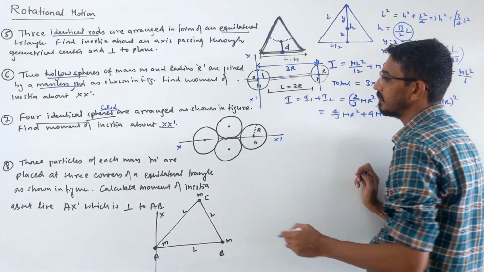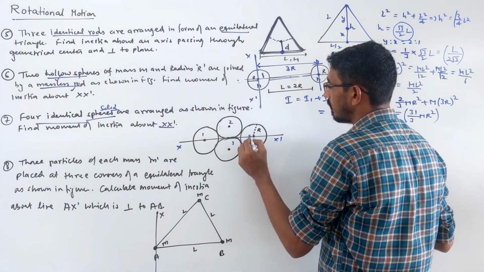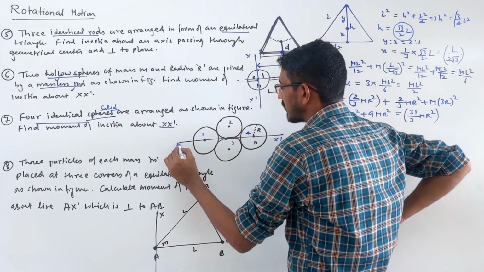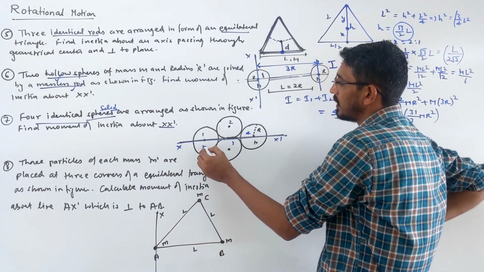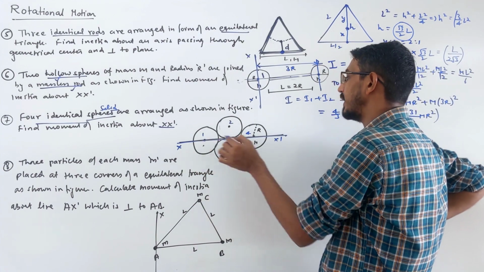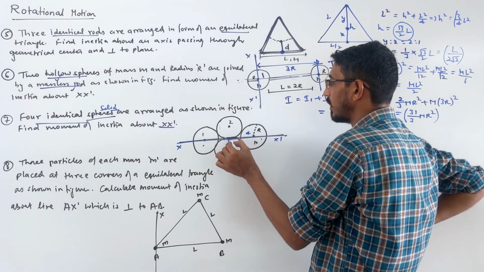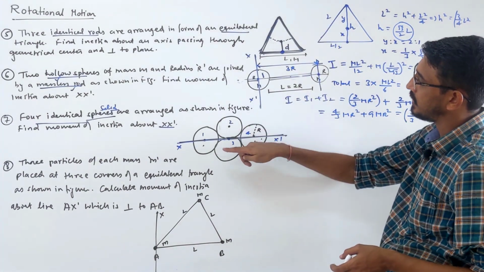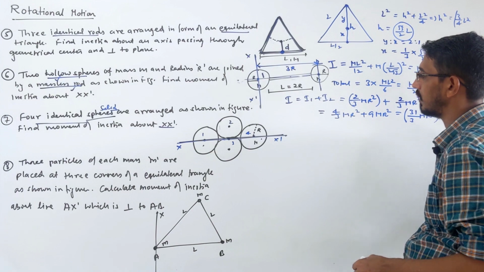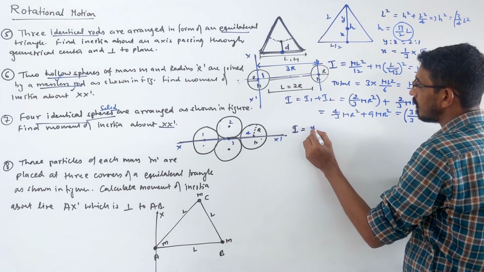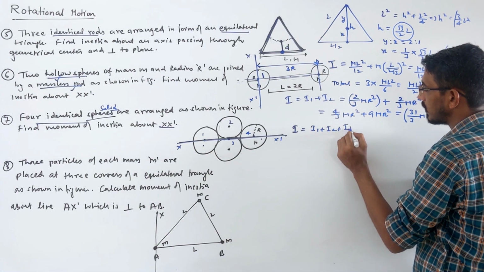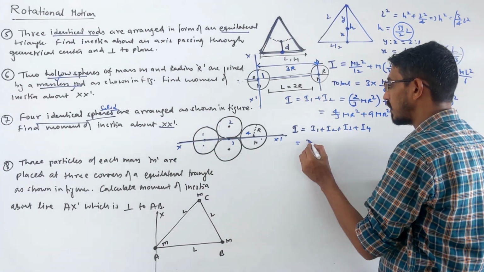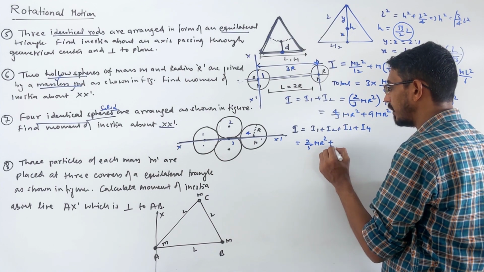4 identical spheres. So sphere number 1, sphere number 2, sphere number 3, sphere number 4. So look here, when these spheres are rotating about this axis, for this sphere it is simply a diameter, rotating about the diameter, that sphere is also rotating about the diameter, and these two spheres are rotating about what? Tangents, right? Sphere number 2 and sphere number 3 are rotating about a tangent. This line is simply a tangent to these two spheres. So what is the inertia? Look here, I1 plus I2 plus I3 plus I4. I1 is the inertia for this sphere, simply about the diameter. Solid sphere is 2 by 5 MR square, that's about the diameter.